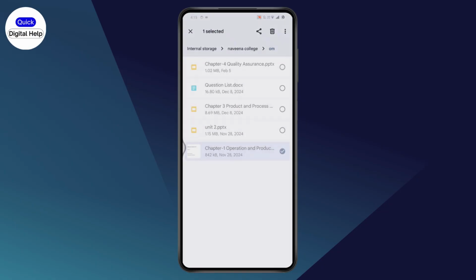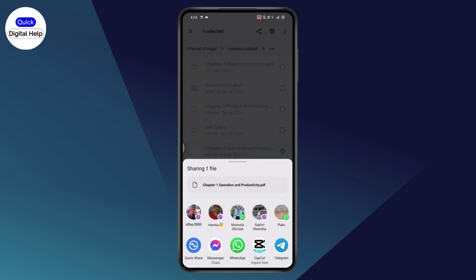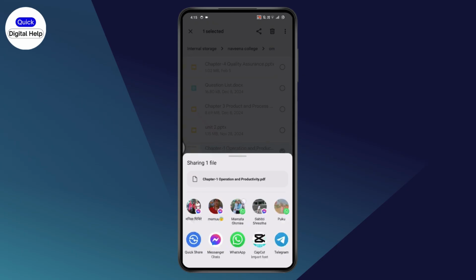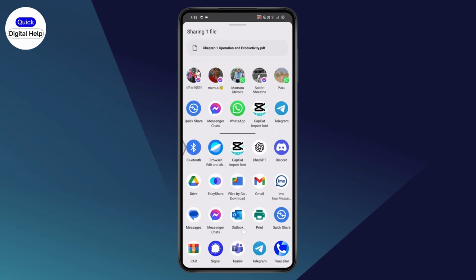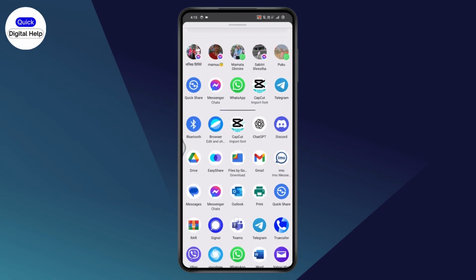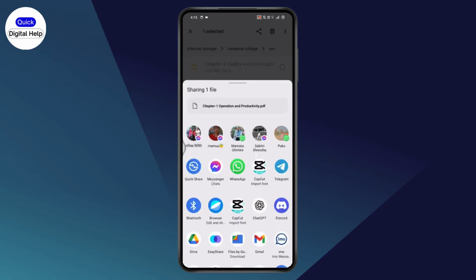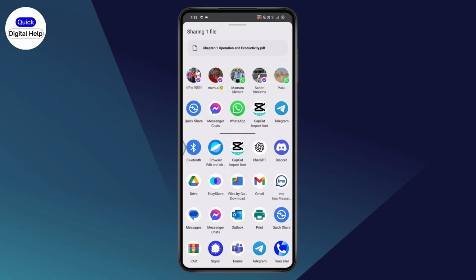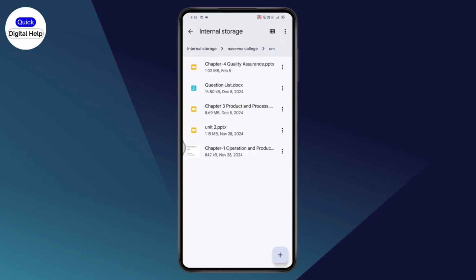Once you tap on share, then it will give you all of this information like your Messenger, Quick Share, WhatsApp and everything, right? So you will also have an option to upload to photos. You will have the Photos application and you will have an option to upload to photos. You can just simply tap on the upload to photos option and it will be uploaded to your photos like Google Photos. So that's how you can move your photos from SD card to your Google Photos,